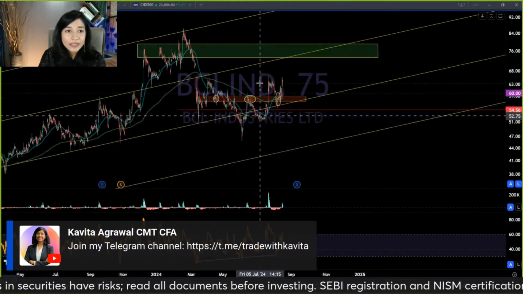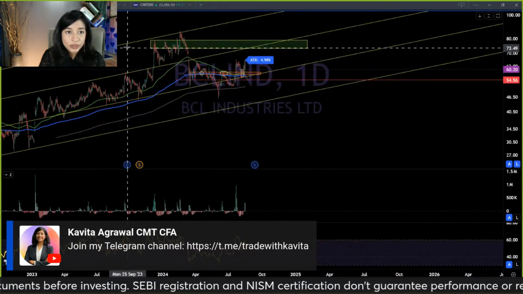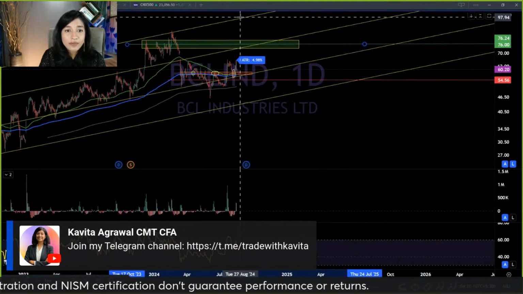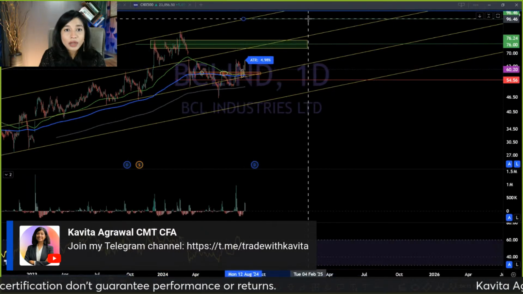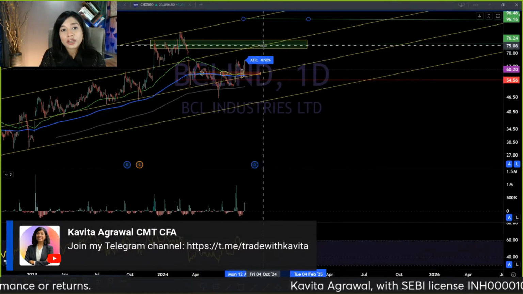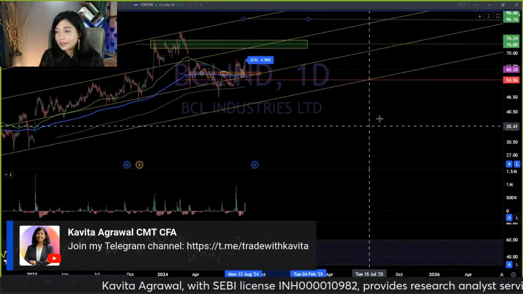As per your target, considering the upward channel that the stock is respecting, the very first conservative target, I would say, would be around 76, and the second would be around the level of 96, assuming that the stock is going to continue above this internal trend line and head for the next higher trend line.